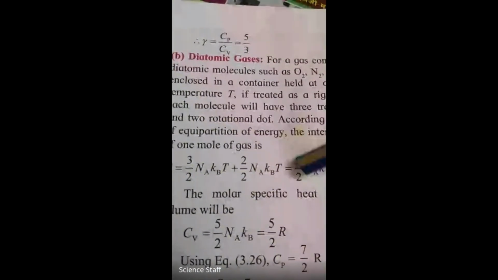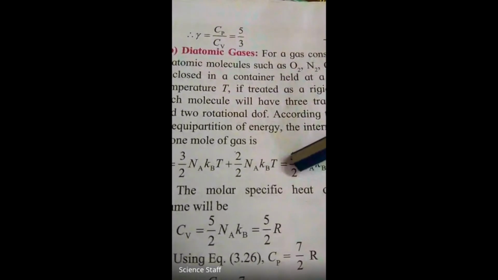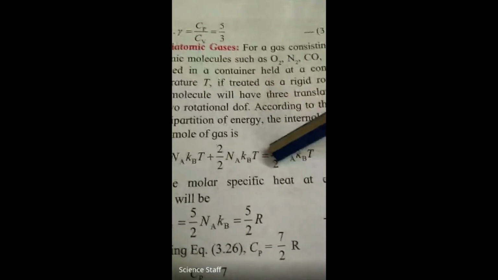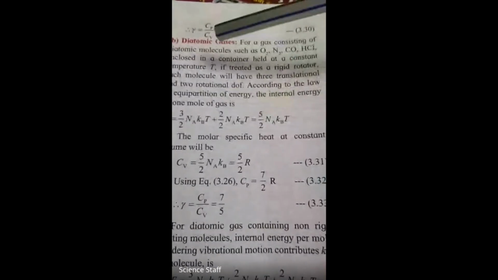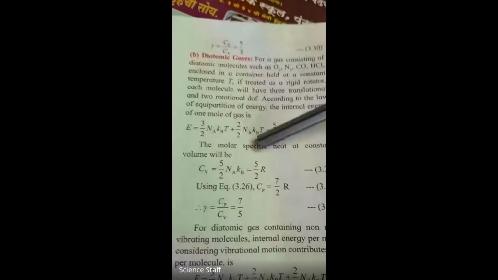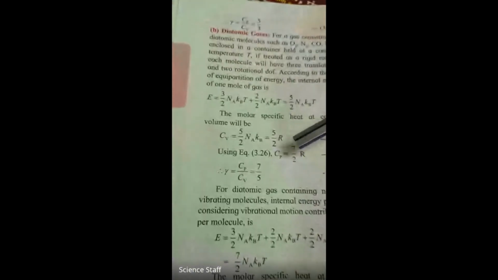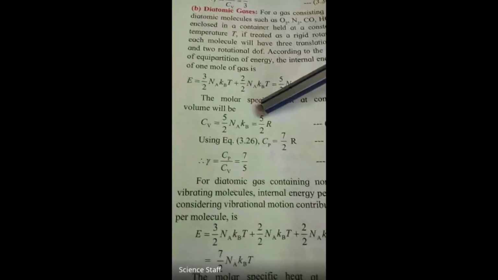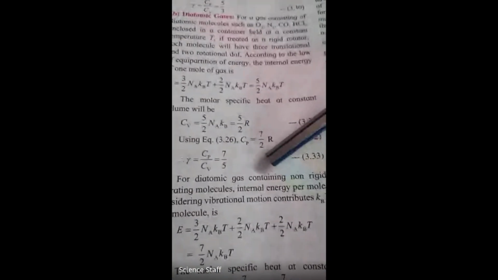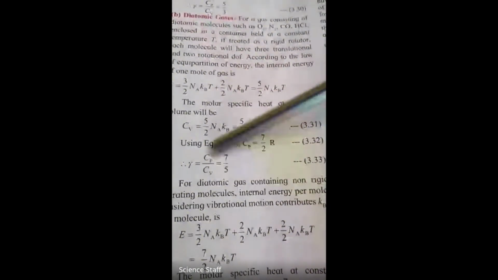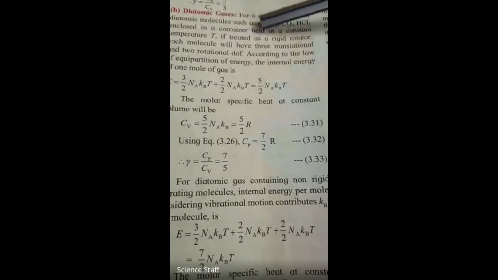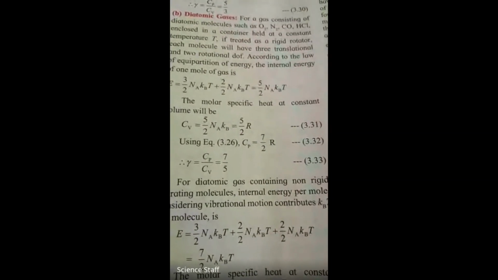That only two atoms are there in the molecule. In case of diatomic gases, this is the entire derivation. It is not necessary to study it thoroughly. For your knowledge, you can study it afterwards. So gamma comes 7 upon 5 in case of diatomic gases, like carbon dioxide,